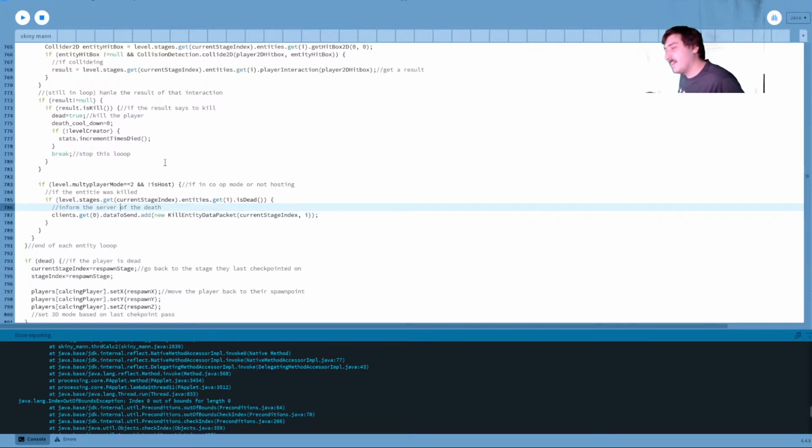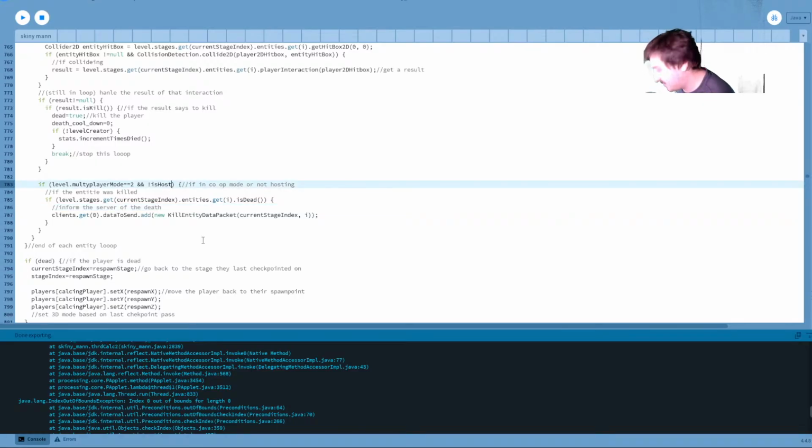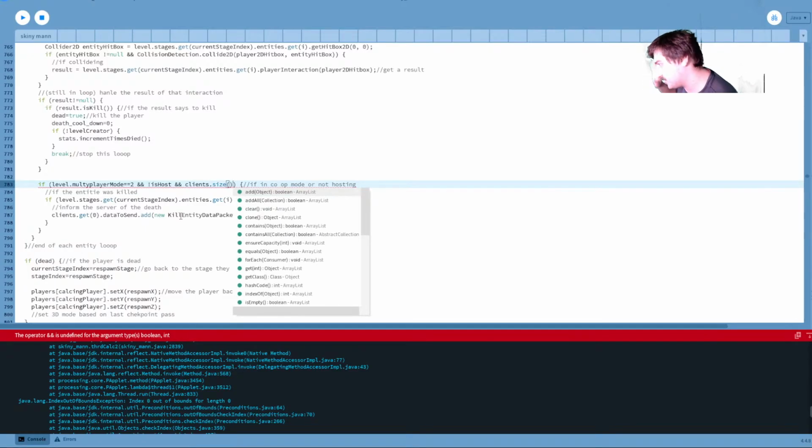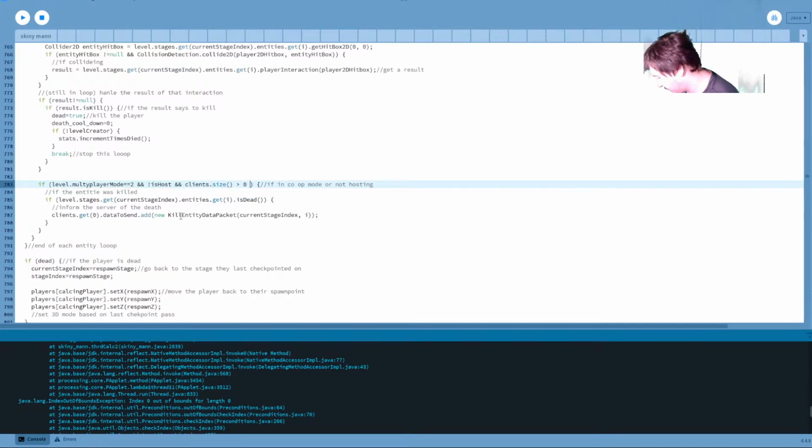Okay. Well, the solution to this... Client stuff. I mean, obviously it's not crashing because I have protection on this, but this is not greater than 0. Don't try to do this if in the level creator.